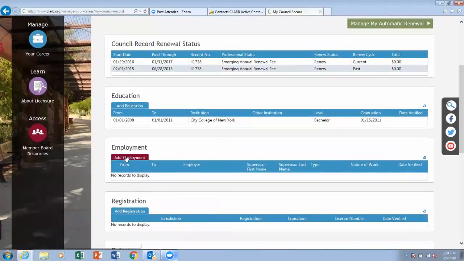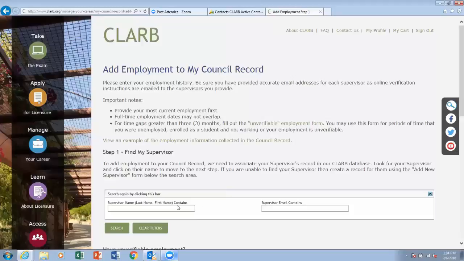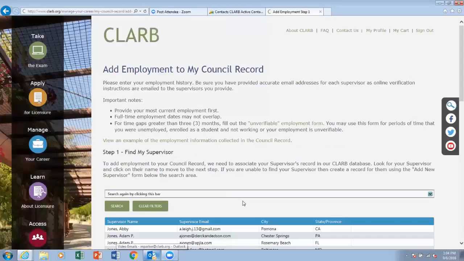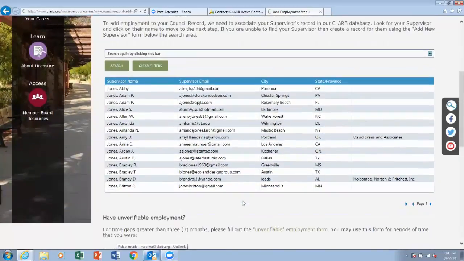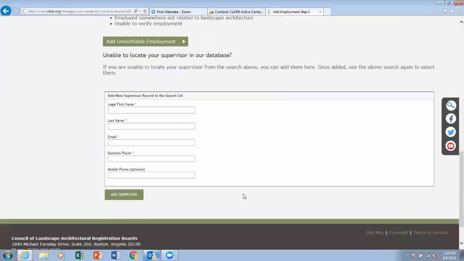For employment, select Add Employment. You'll search your supervisor's name and select their name from the list. If you do not see your supervisor's name, please scroll below and you can add new supervisor record information to the search list. You're going to enter their legal name,